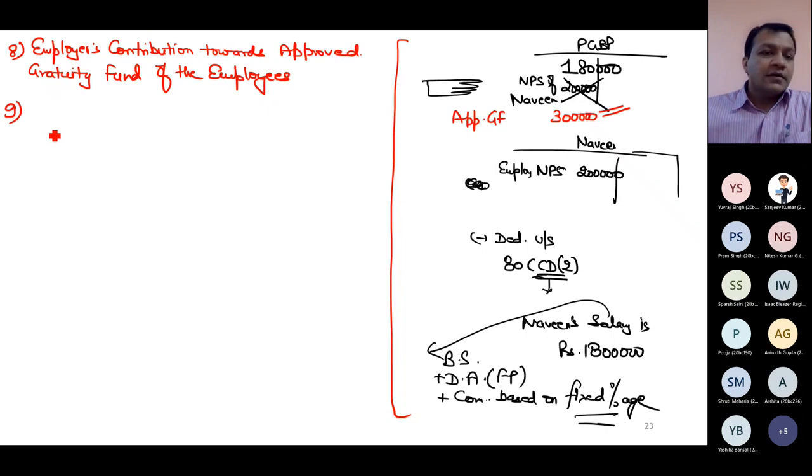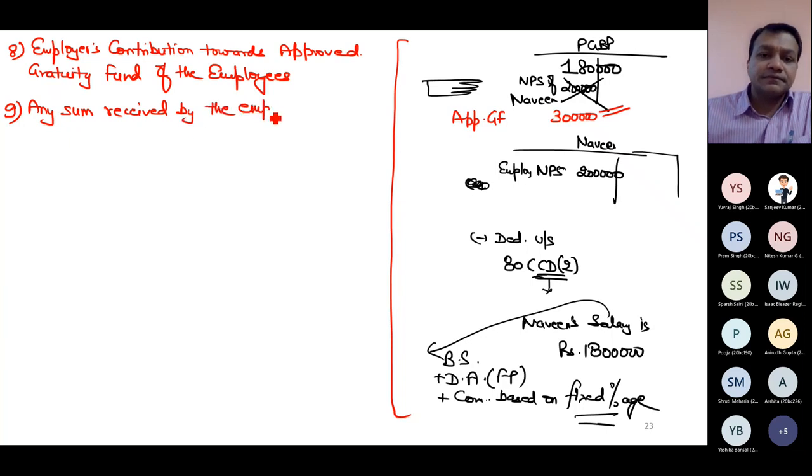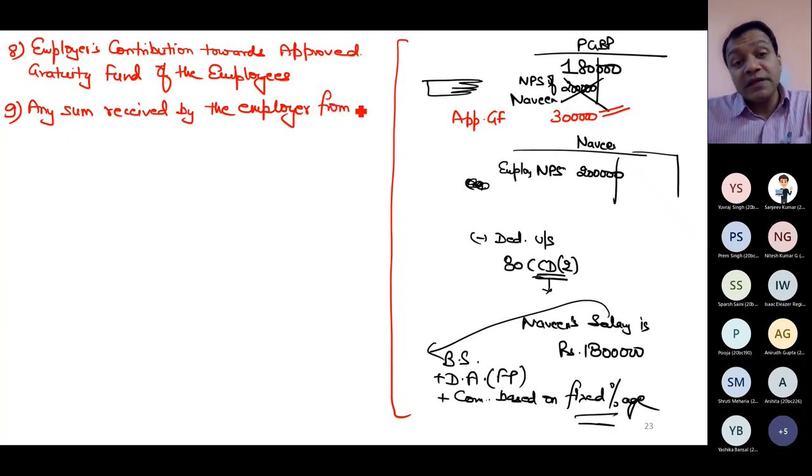Ninth. So I will write the complete line. Any sum received by the employer from his employees. It is a little bit technical but very interesting. Technically, if you see what is happening, the employer is receiving something. In the entire discussion which we have done today, the employer was giving something. Now the employer is receiving something from the employees. Any sum received by the employer from his employees,